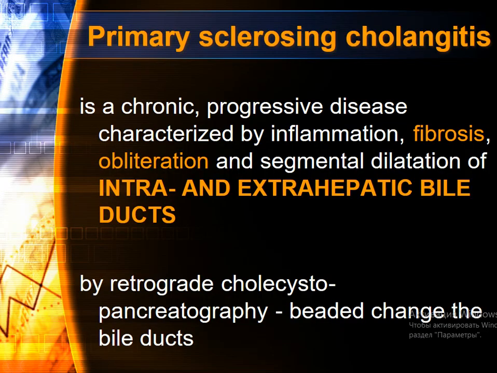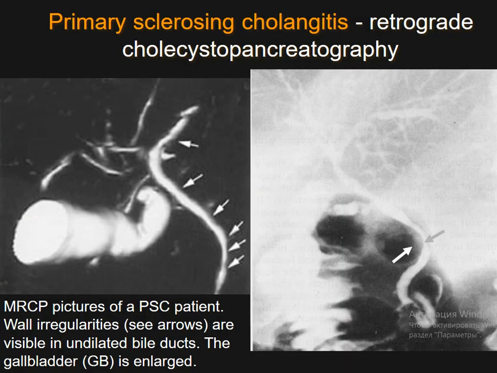And the last disease from this group is primary sclerosing cholangitis. It is a chronic progressive disease characterized by inflammation, fibrosis, obliteration, and segmental dilatation of intra- and extrahepatic bile ducts. The diagnosis can be made by retrograde cholangiopancreatography. We can see typical changes like in this picture,